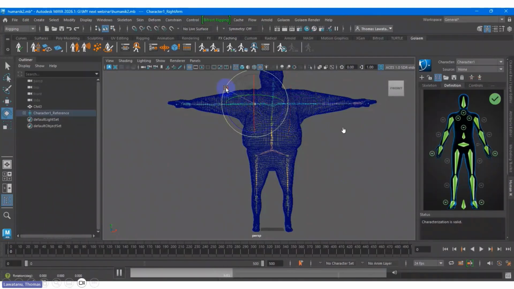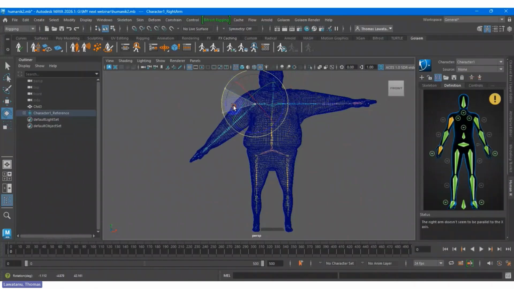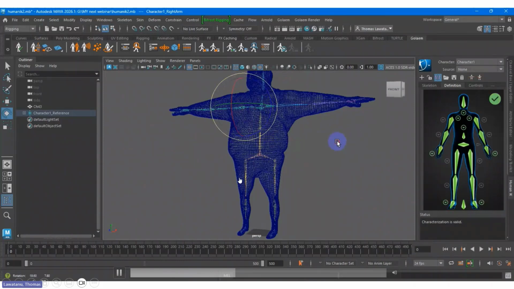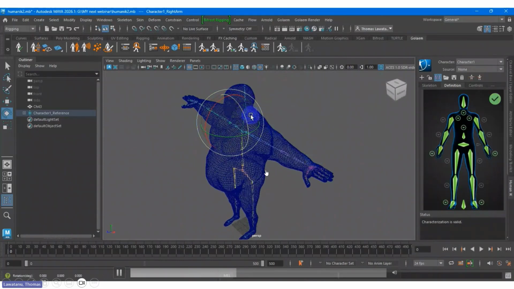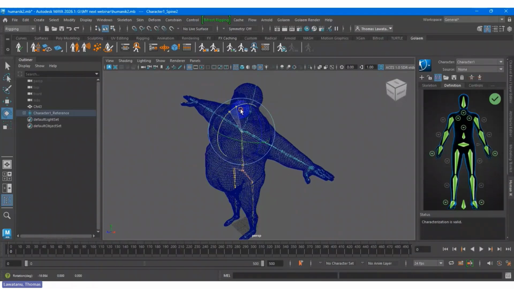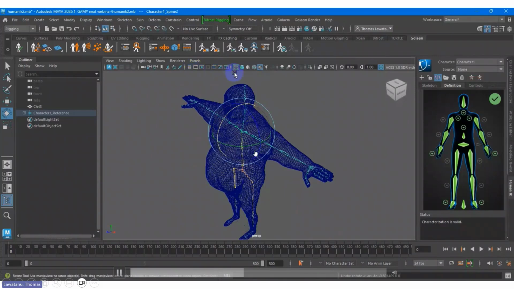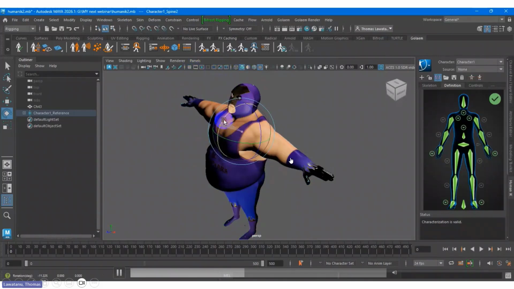After you do some bind, you can see the configurations. Even if I want to go back to the T-pose, the default, you can go to the skeleton and go to the default pose, so no worry. Right now, what I'm trying to show you is how to apply the bind between the skeleton and the character.